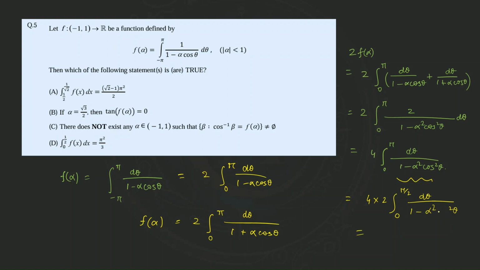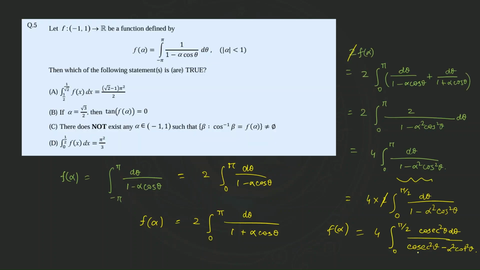Now if we see here, we can cancel this 2 here because we are to calculate f of alpha, not 2 f of alpha, right? So f of alpha is this integral 4 times integral 0 to pi by 2 d theta divided by this. Now if we want to solve this integral, we have to divide by sine square theta, that means cosecant square theta d theta divided by this, we can write as cosecant square theta minus alpha square cot square theta. Now if we solve this integral patiently,